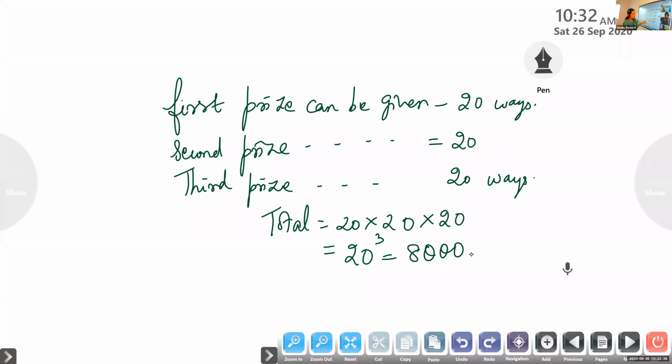may get any number. If the restriction is on only one, like what we did in the previous one, it is 20 into 19 into 18. Okay, ma'am. It is not depending on the number of sports items. This is based on the restriction on how many prizes a child can win. One prize for one child means the option is 20 into 19 into 18. Here, no restriction. A child can win any number of prizes. Okay? Okay, ma'am.